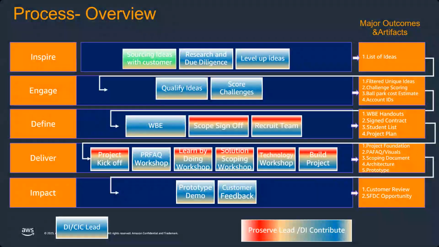But as you can see, on the right-hand side, what are the deliverables? On the swim lanes, the first one, you look at how much we focus on the customer: understanding the customer problem, researching it, leveling up the idea, qualifying it, scoring it, and then working backward. What does it mean? It means that we focus a lot on empathy. And there's another slide that I'm going to show in a little more detail before we even reach define or prototype. So 40% of our work is empathizing and defining the problem statement.